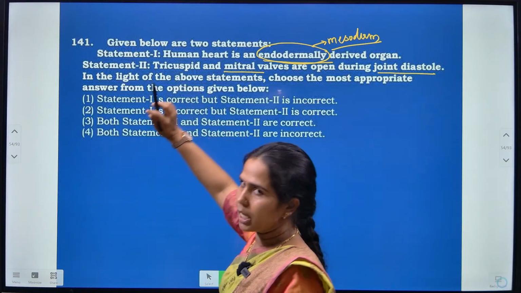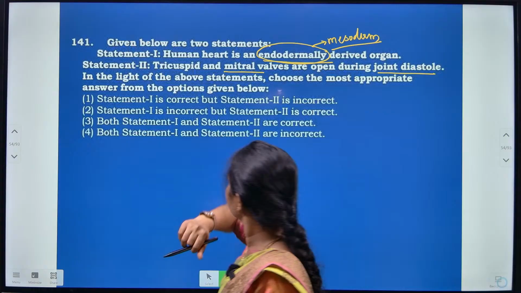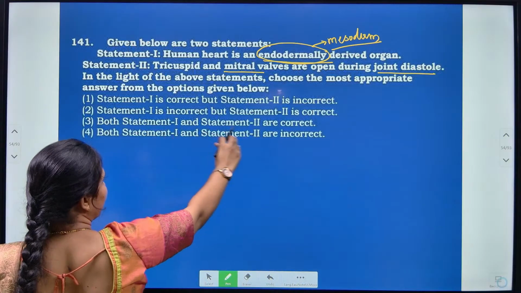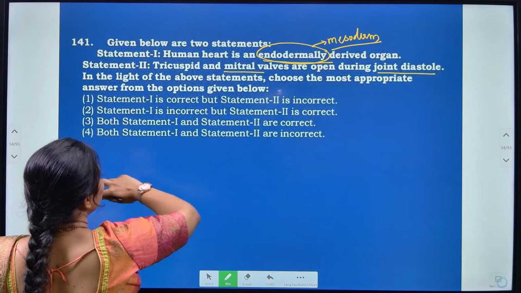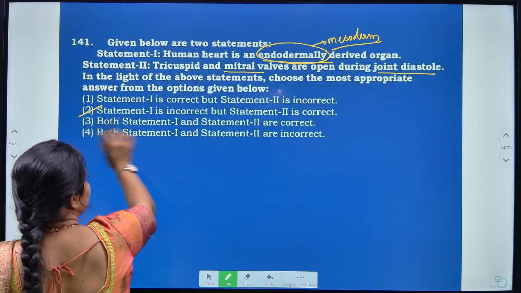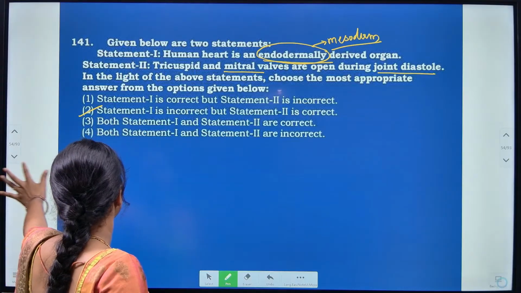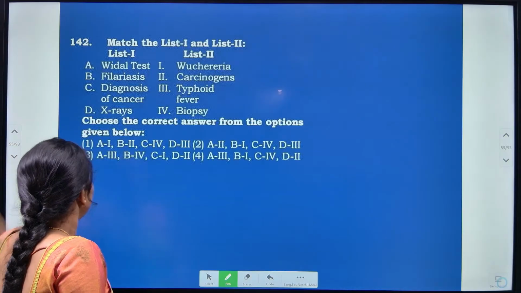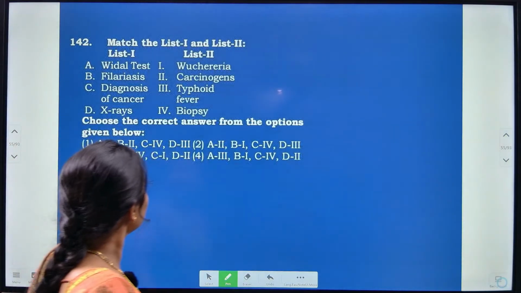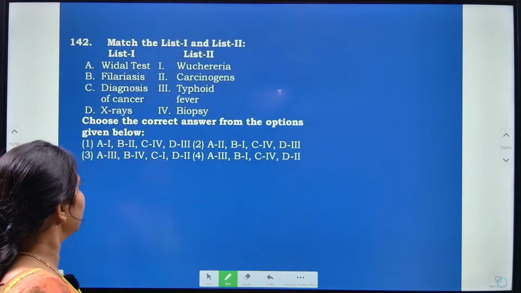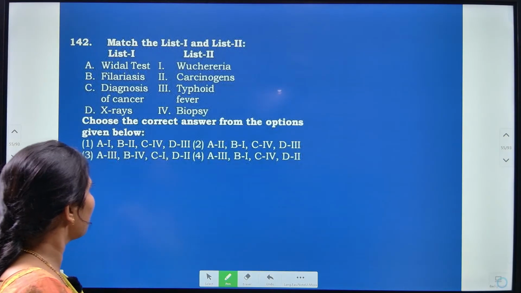So statement 1 is incorrect, but statement 2 is correct here. Statement 1 is incorrect, statement 2 is correct. So option 2 is the right answer. Next, match list 1 with list 2, which will be the